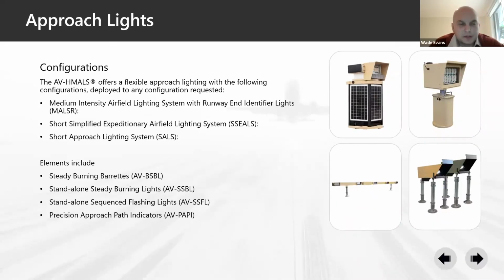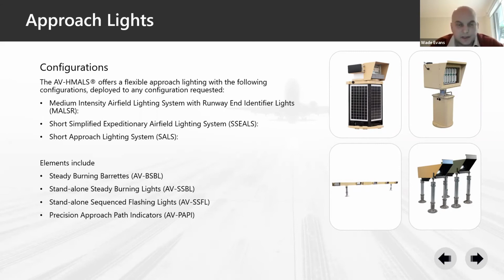So moving on to the approach lighting. For HMALS, we really build the approach lighting around a couple of key configurations, which are made up of a bunch of different elements. The key configurations supported through HMALS are the MALS configuration, which is the medium intensity airfield lighting system with runway and identifier lights, the SEALS system, which is the short simplified expeditionary airfield lighting system, and then the SALS, which is our short